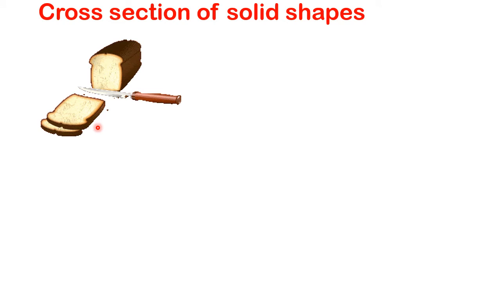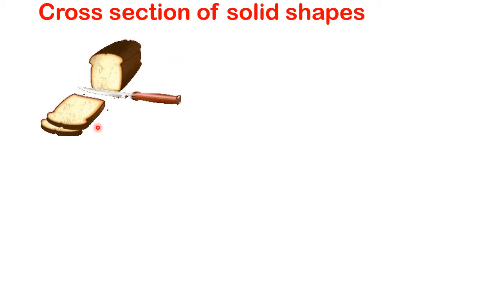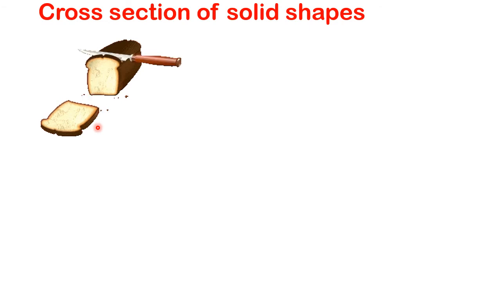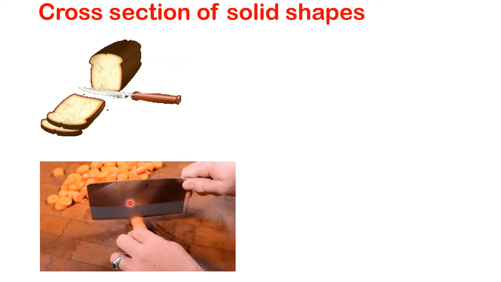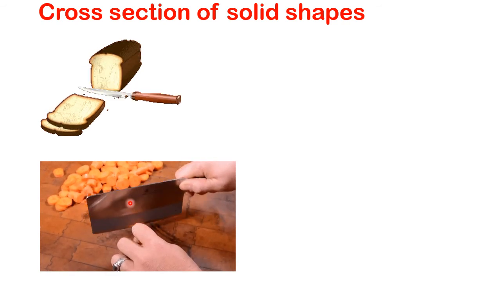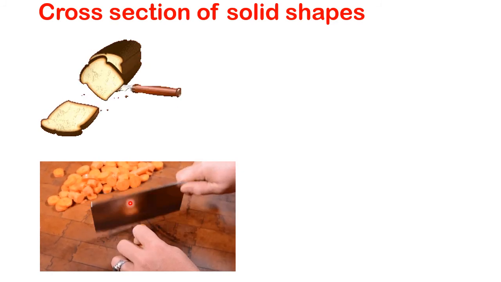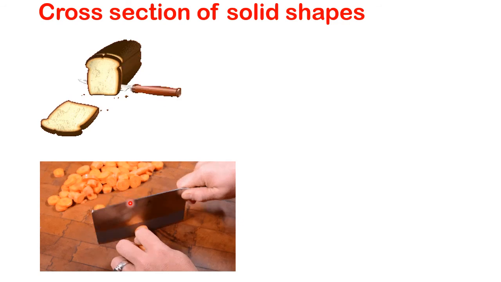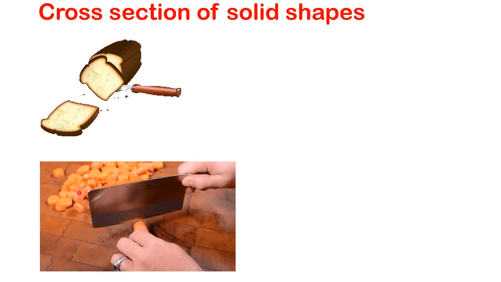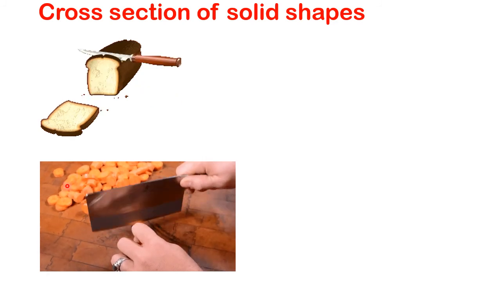In the same way, when we cut vegetables for cooking purposes, usually we won't cook the vegetables whole as they are. For many vegetables, we cut them into small pieces and cook. For example, the whole carrot is cylinder shaped, isn't it? But when we cut it straight into small pieces, when we cross sect that carrot, we get a circle shape. Do you notice that when we cut the carrot into small pieces, we get a circle shape?